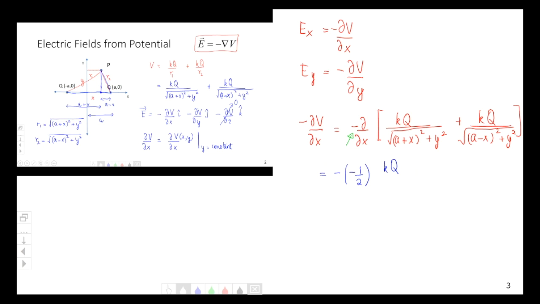Instead of negative 1/2, it's negative 1/2 minus 1, so negative 3/2. So we can write that as (a plus x) squared plus y squared to the 3/2. But then you have to take the derivative of the expression under the radical, and that's going to be 2 times (a plus x). The partial derivative with respect to x of the second term is going to give us something very similar, but when we take the derivative of the term that's under the radical, we'll get an additional negative sign. So this is going to give us